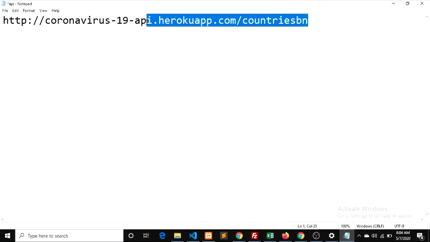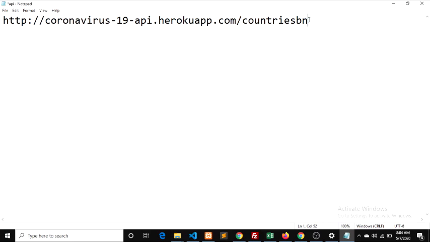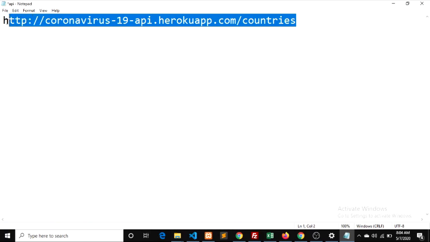We'll be using this link to get live COVID-19 data and then display it in our little application or website that we'll build right now. Okay, so let's see what is in this link. This link outputs a set of JSON